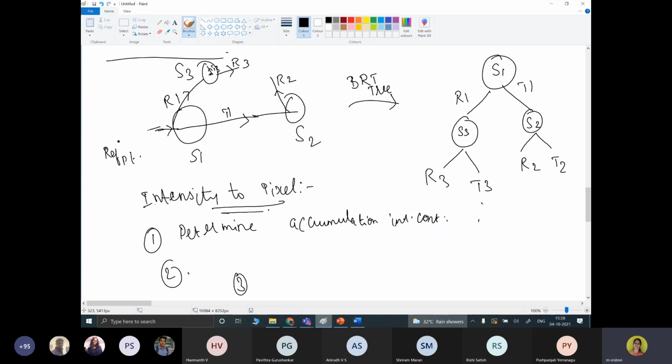Now we have discussed two different methods for rendering. One is the polygon rendering method. The other is the ray tracing method. With this information alone, we cannot create a realistic object.